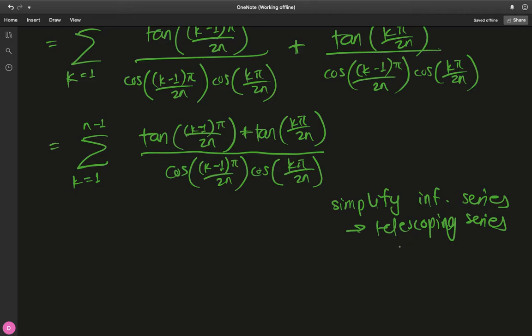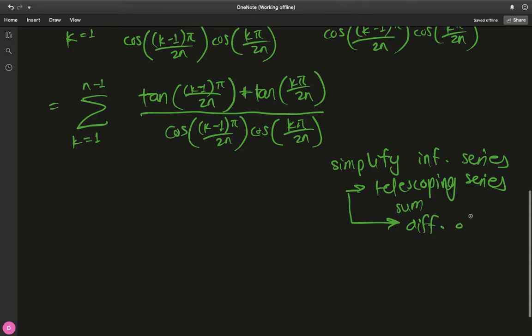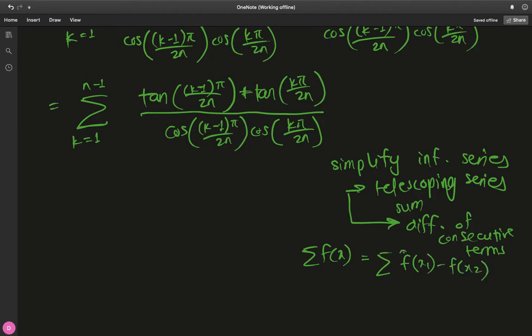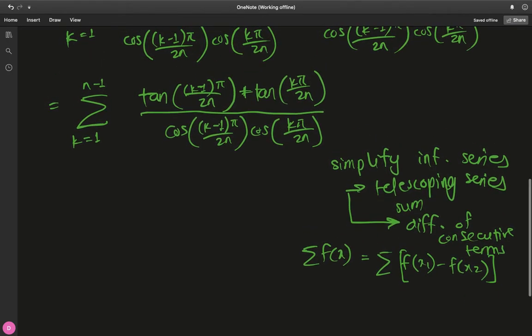So if we have an infinite sum, then its telescoping equivalent would look like a difference of consecutive terms. So if we have an expression, say sum of some function f of x, we should be able to write this as, say, f of some x1 minus f of some x2. We should be able to express it in this form